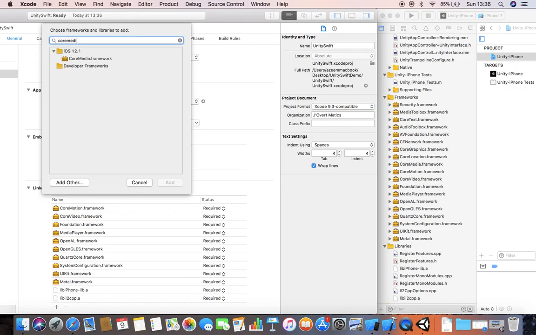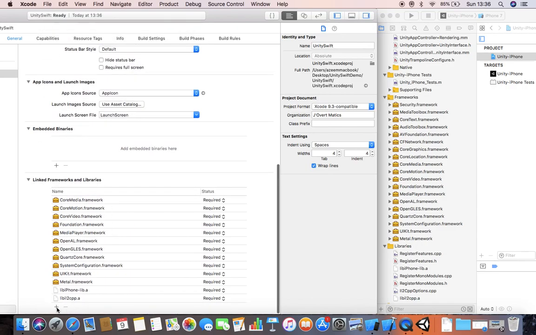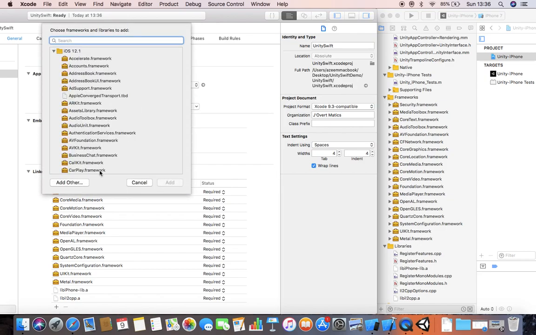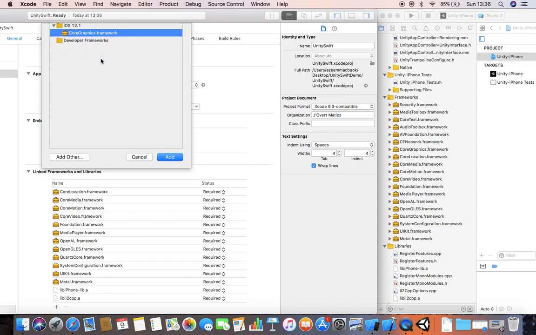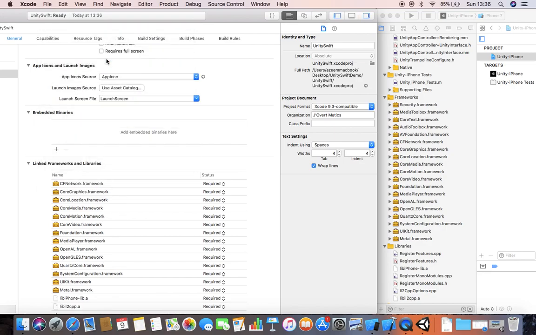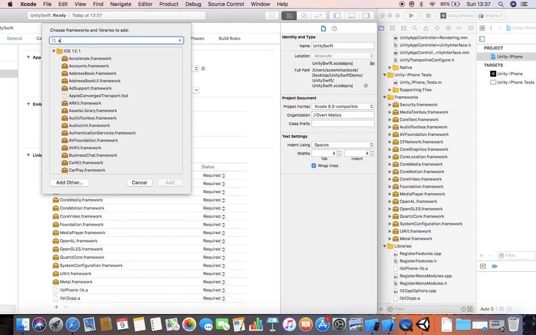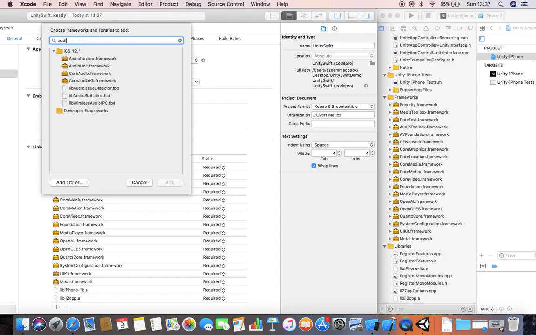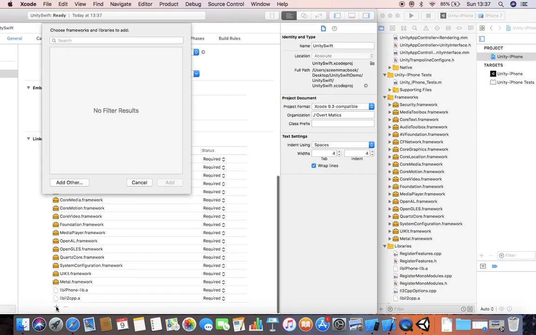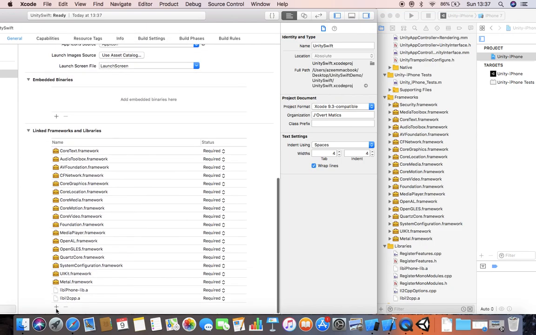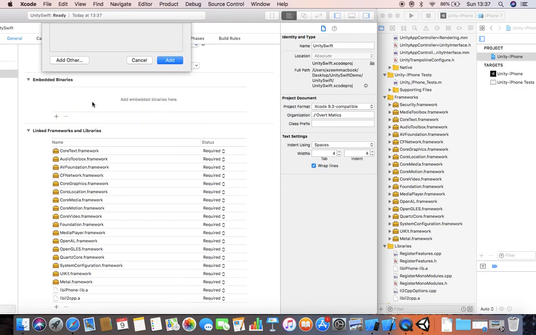Core Media framework. Core Location framework. Core Graphics framework. CFNetwork framework. AVFoundation framework. AudioToolbox.framework, CoreText.framework, MediaToolbox.framework,